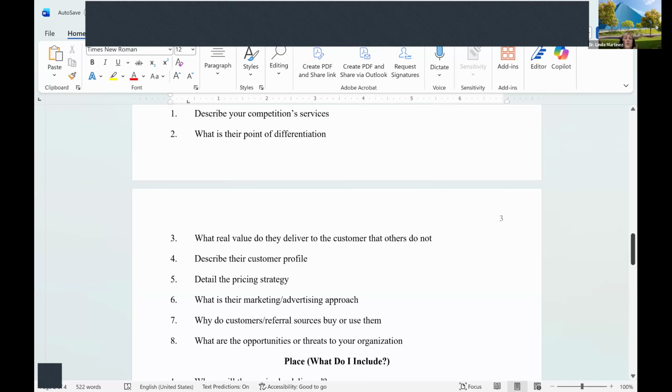Then you're going to describe their customer profile. You can tell by their About section, or whatever section happens to be, who their typical customer is. Then you can look at the reviews again, and you can see what their typical customer appears to be. There's all kinds of places you can probably Google it in AI and just say, who is the typical customer for this business?